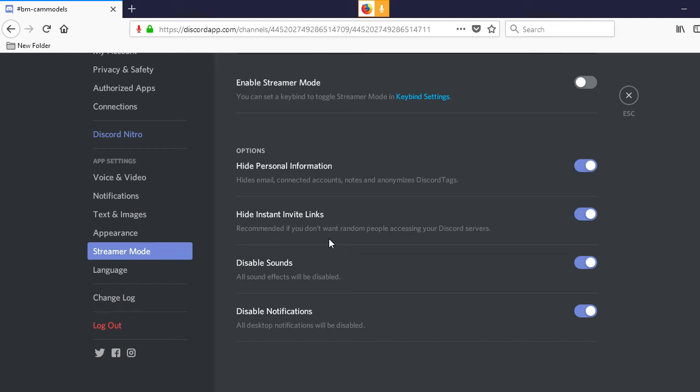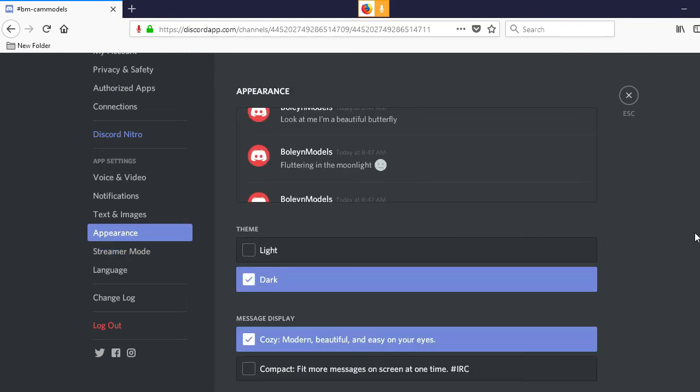Okay, if you don't want random people, boom, there we go. We now have another cloak, another layer of being hidden. Disable sounds, all sound effects will be disabled. No, we want our sound effects on, because I had mine turned off and I was getting notifications and I didn't even know it. Another thing you can do,